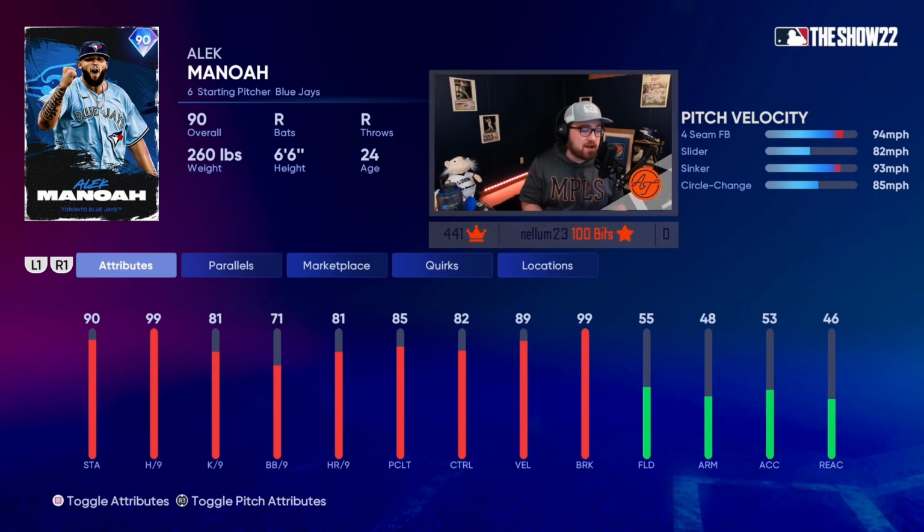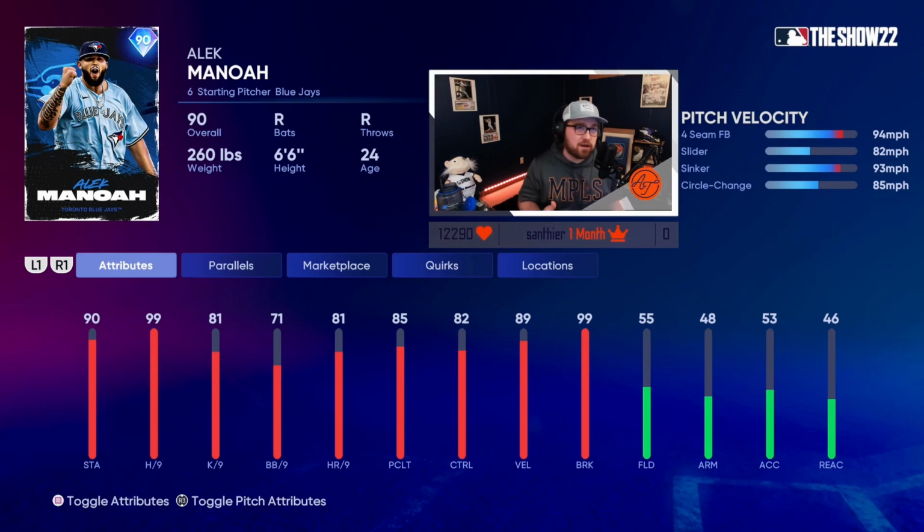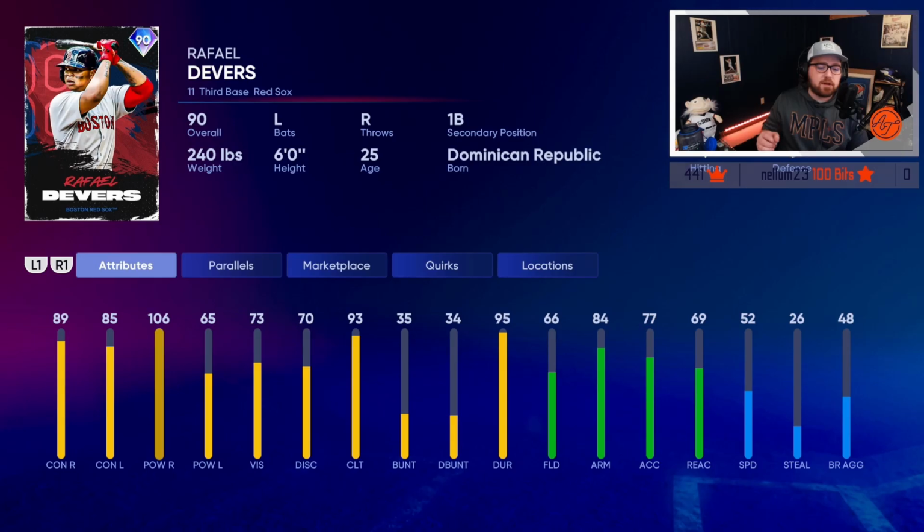He does a decent per nines, but a decent starter again if you do pick him up in that non-sellable pack. Coming in at number 3, I have Rafael Devers, and I talked about it earlier, how it feels like